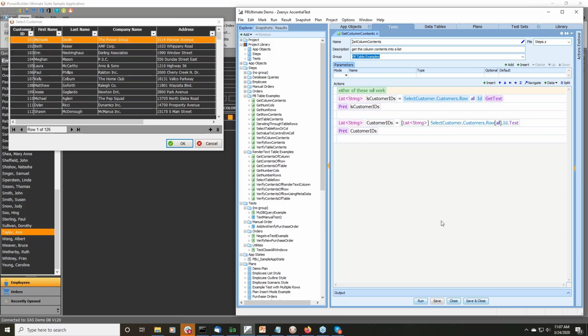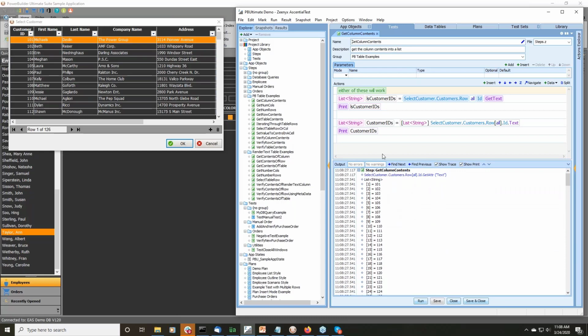I'm going to run this for you. In fact, I'll run all of the samples for you. But before I do that, I want to point out that there's a little difference when you're using the property. You'll notice here that when I called getText, I did not have to cast what came back from getText to the list of strings that I want to capture the list of customer IDs in. But if I'm using the property, then I do need to cast it to a list of string before I assign it. So if I run this,